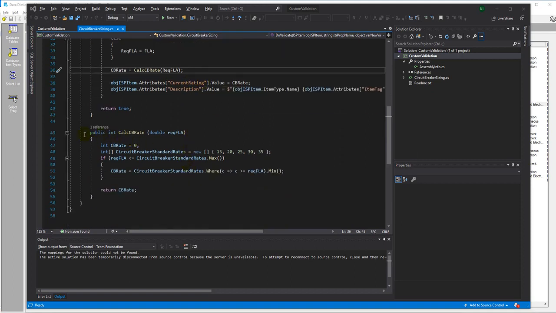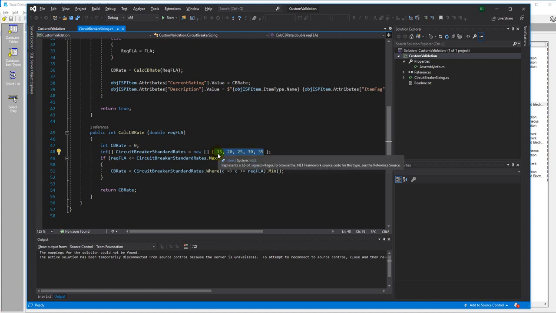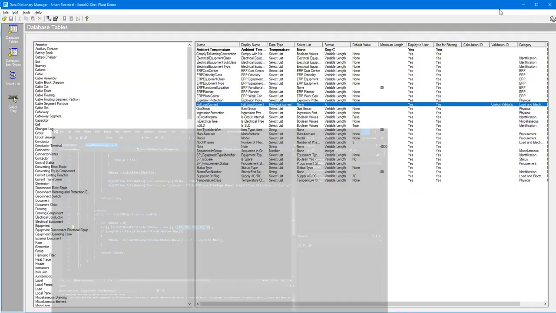So here is the method that I use to select the current rate of the circuit breaker. I put here as an example the standard rates 15, 20, 25, 30, 35 amperes. Once the application calculates the required ampacity, it finds the next rate of the circuit breaker. You can expand this code to source the standard rates of the circuit breakers from the lookup table